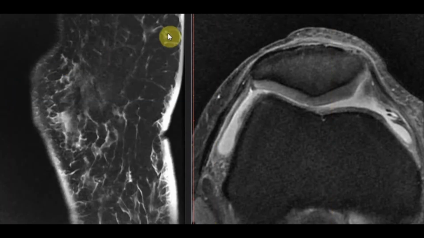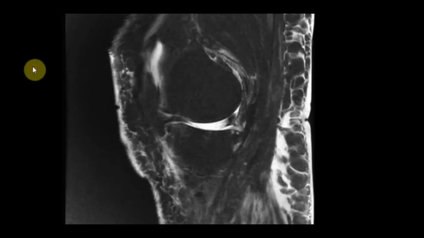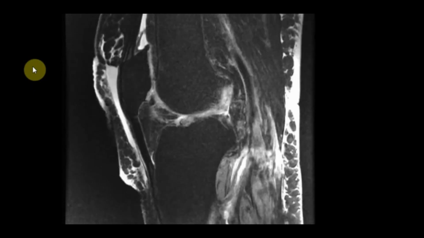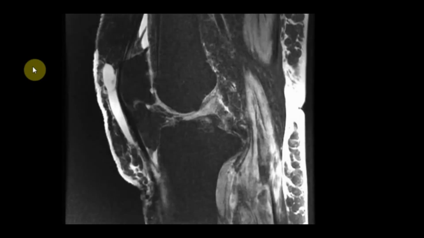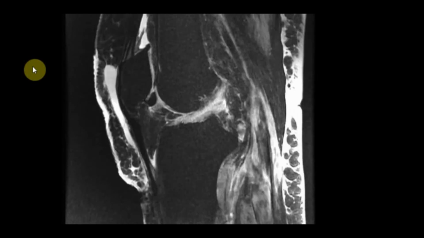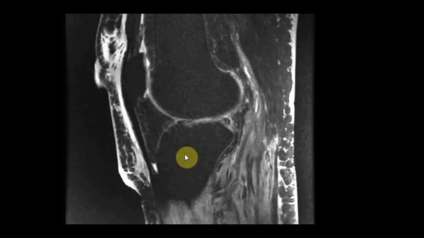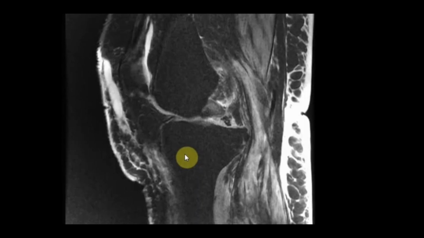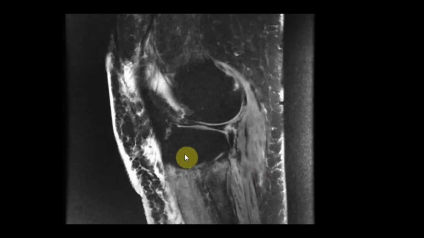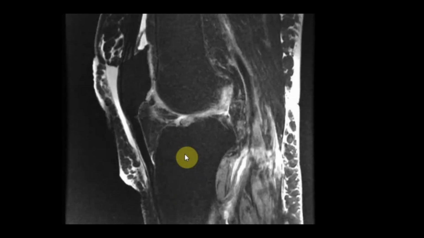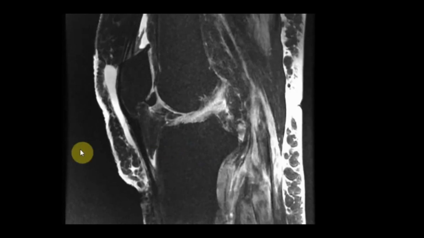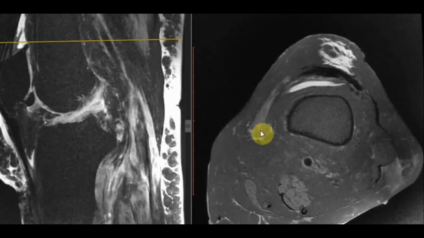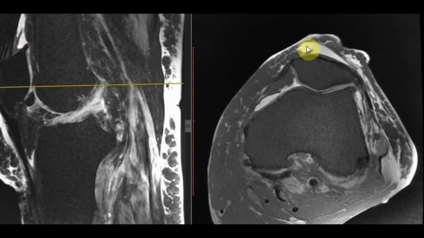This is the case of a 60-year-old male who presented with knee trauma. He came for MRI approximately 2 weeks after the trauma, and we can see large osteophytes along the patella. There are degenerative changes in the articular cartilage. The ACL is torn. There are tears involving the menisci, and there is decreased joint space. But besides that, the reason for which I kept this case is the presence of this collection, which is located anterior to the patella.